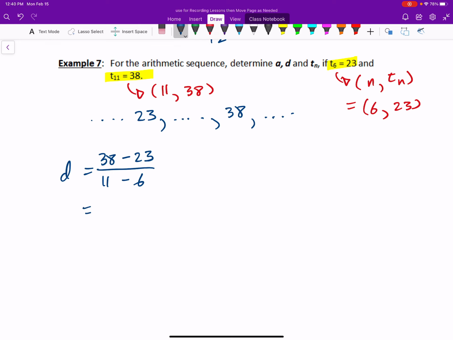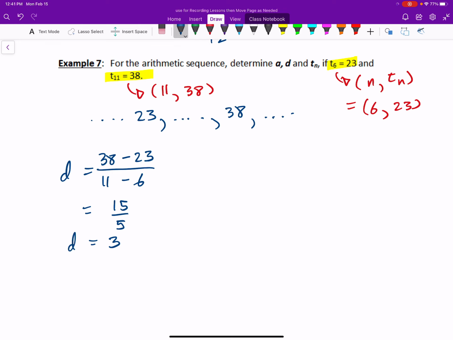So 38 minus 23 equals 15. 11 minus 6 equals 5. The common difference must be 3. It has to be going up by 3 each time in order to get between 23 and 38 going at a constant rate. So once I know that D equals 3,